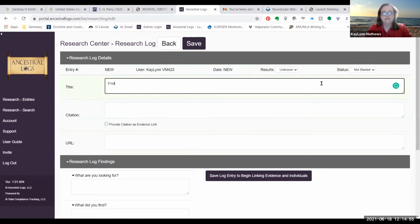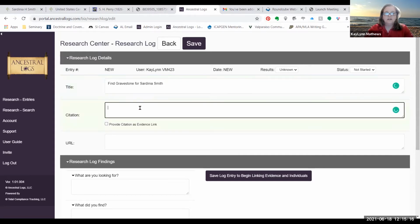It is Find the Gravestone. I know it's assigned to JCM, but you know what? I happen to run across it. Sardinia Smith. And you can put whatever you want, title, the purpose for this research log, or you want to